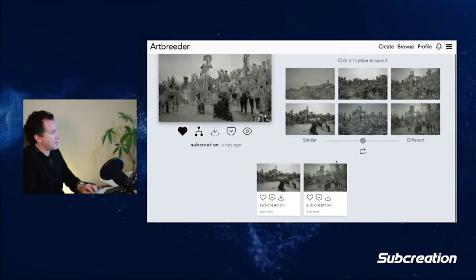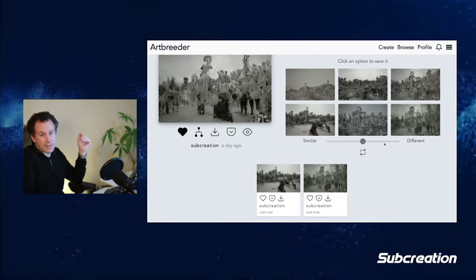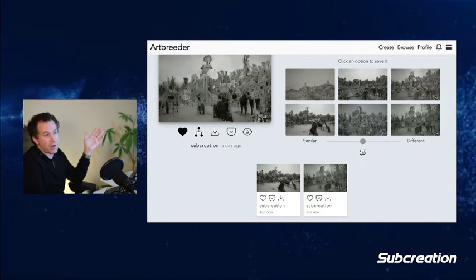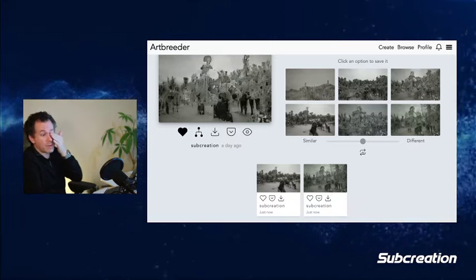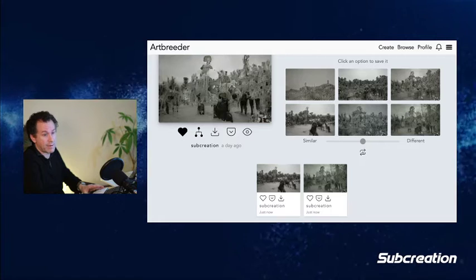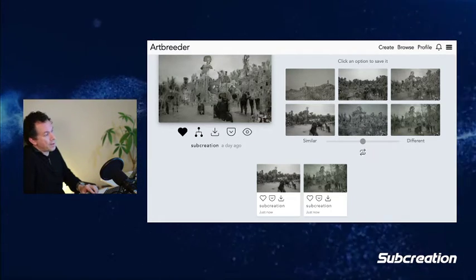It's this one. Looks like there's kind of a dog in the foreground. So what you do, basically, art breeding for anyone who hasn't seen it, and if you have seen it, you can just follow along. Maybe you might learn a bit about my process. I'd love to hear about how you do things differently. I can see everyone has a different method, a different approach. But one way, the most